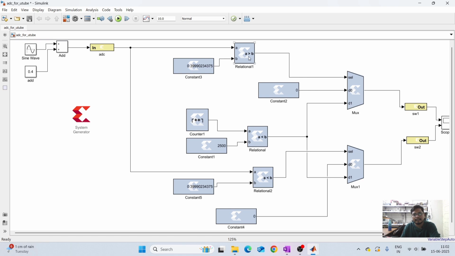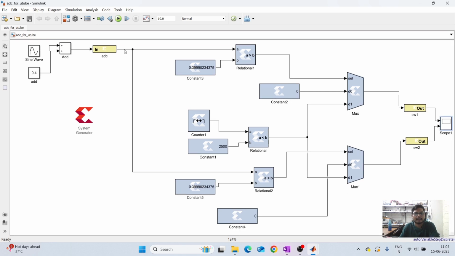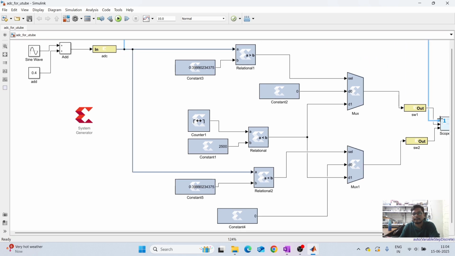It means if my condition is true, the select line is 1 and the output which is coming to D1 is the output of our mux. Similarly, if the select line is 0, then whatever the input at the D0 point is what comes out. Similar to the above condition, the same thing is happening here. I am adding the input as well